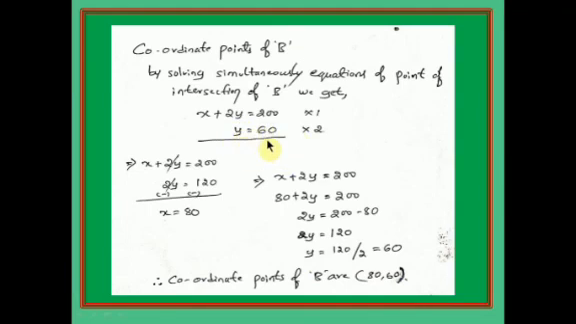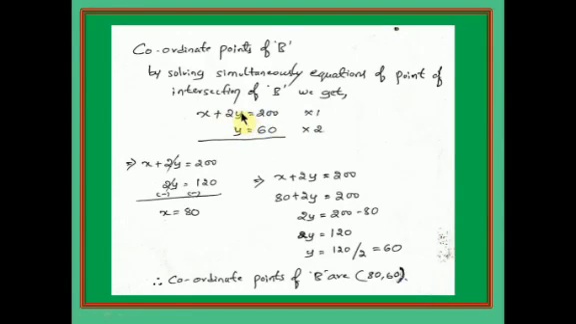This y equal to 60 can be substituted in the first equation. 2y, that means 2 multiplied by 60, is 120, and after that only x is remaining here. x can be retained as it is. This 200 is towards the right side, and this plus 2y, y being,